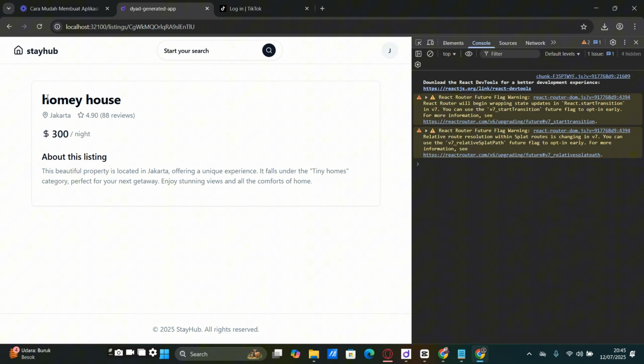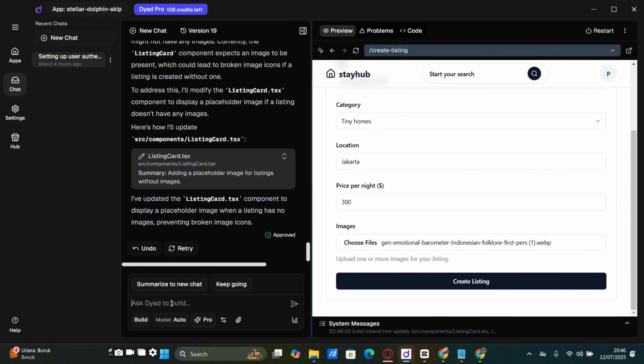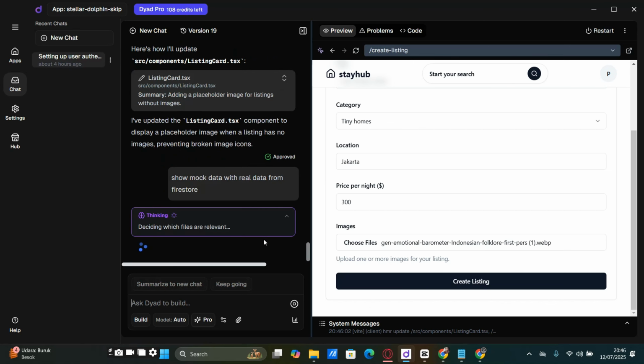It's not showing up. Again, just use everyday language. If you are not a technical person or you don't know anything about programming, you can simply prompt Dyad using plain, natural language, not technical jargon. Dyad's smart context is clever enough to know exactly what you mean and will translate it by editing the necessary files. Then we just click continue.